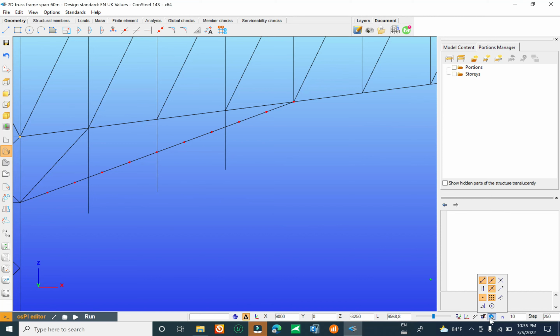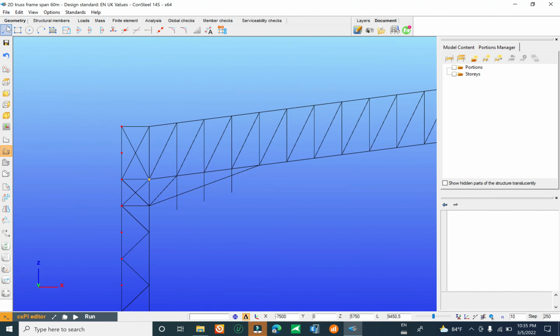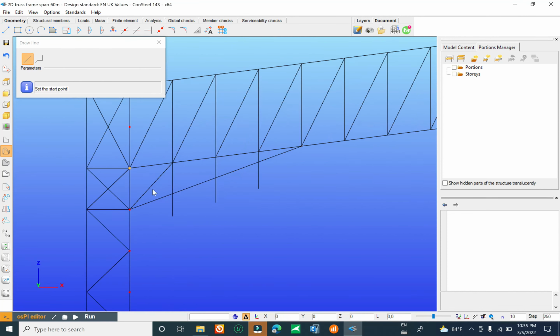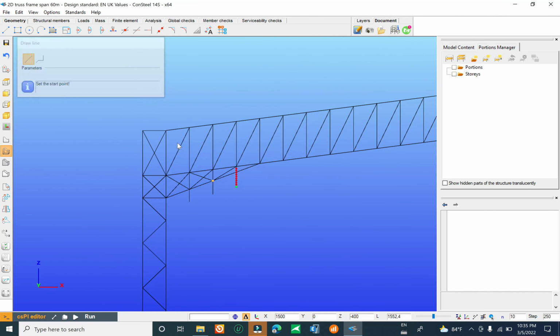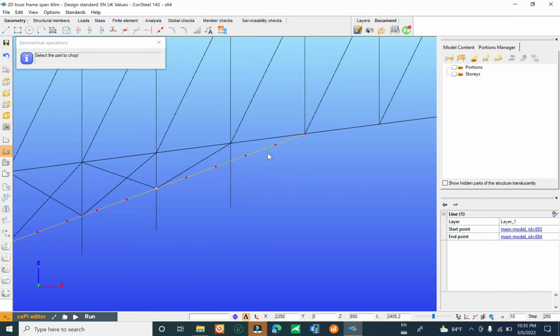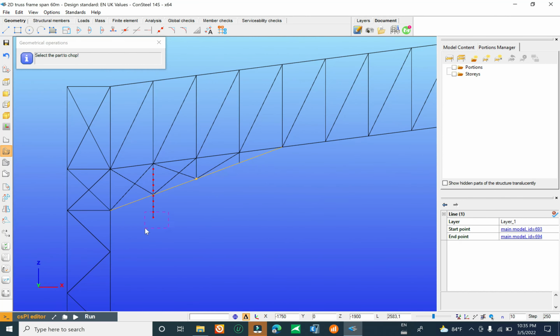I have to check on snapping, click on drawing line again, and we can trim it by clicking this segment and trim another segment. Okay,